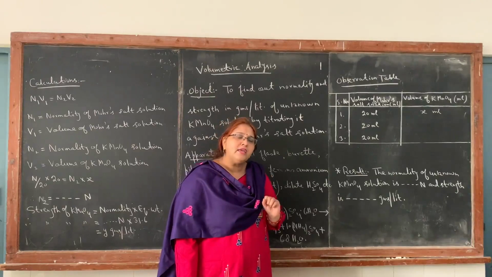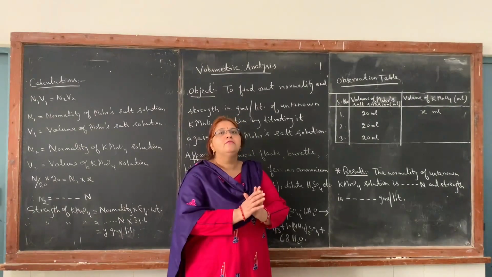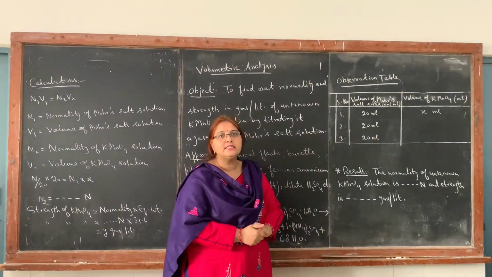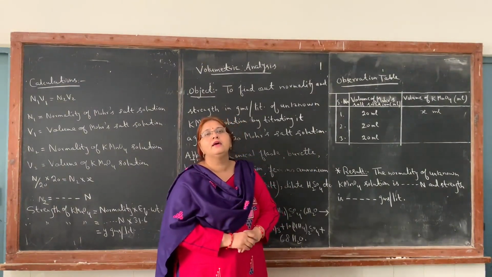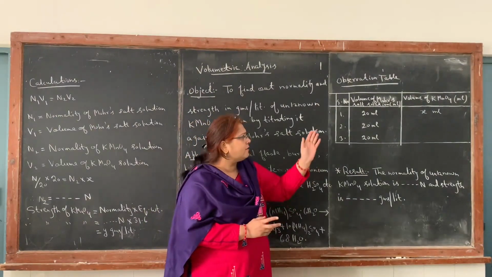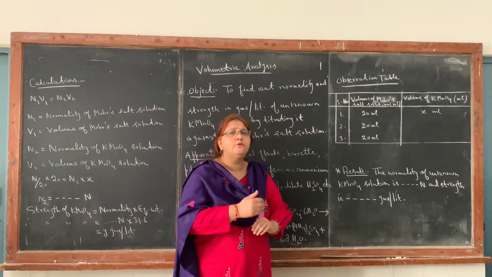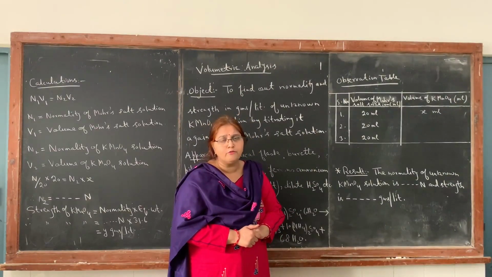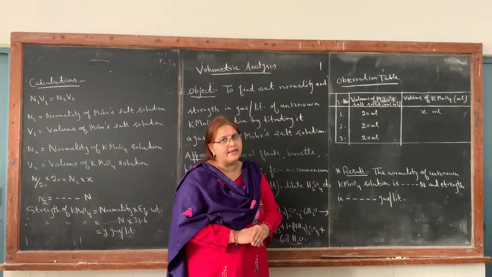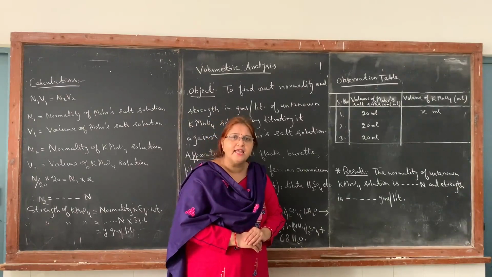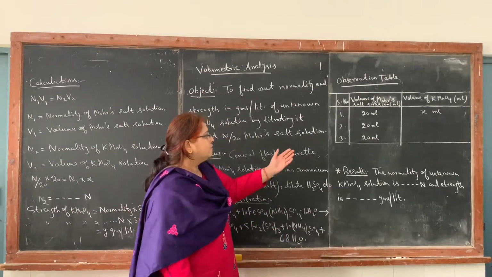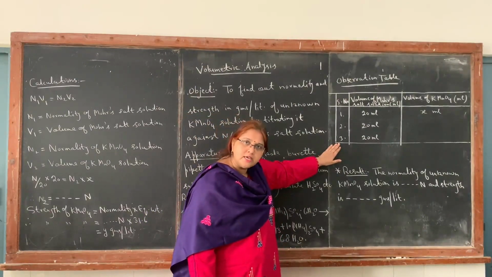We have to make it very clear that we have to perform the experiment and take the readings till we get two similar readings. That is, suppose we get 21 ml of KMnO4 used, then again it should be 21 ml of KMnO4. If that happens, then our experiment is correct and we have titrated it correctly. Otherwise, repeat it again till you get two similar readings. You can note them down in the observation table.